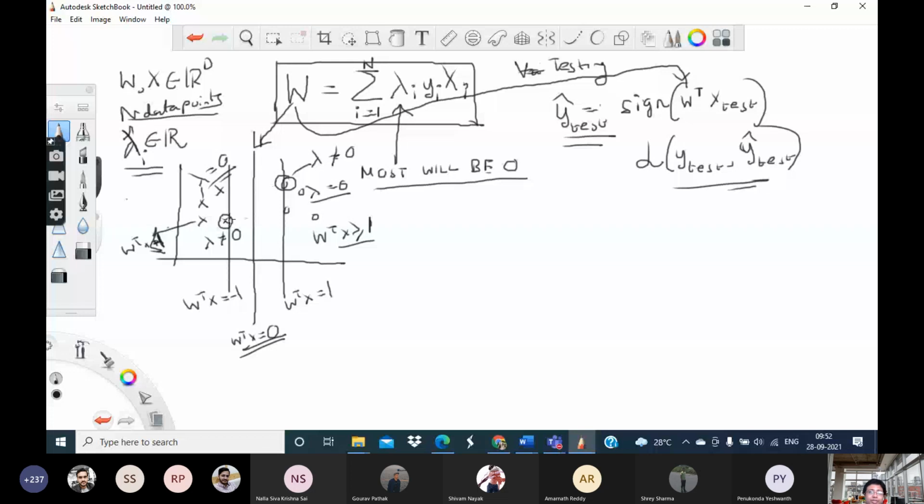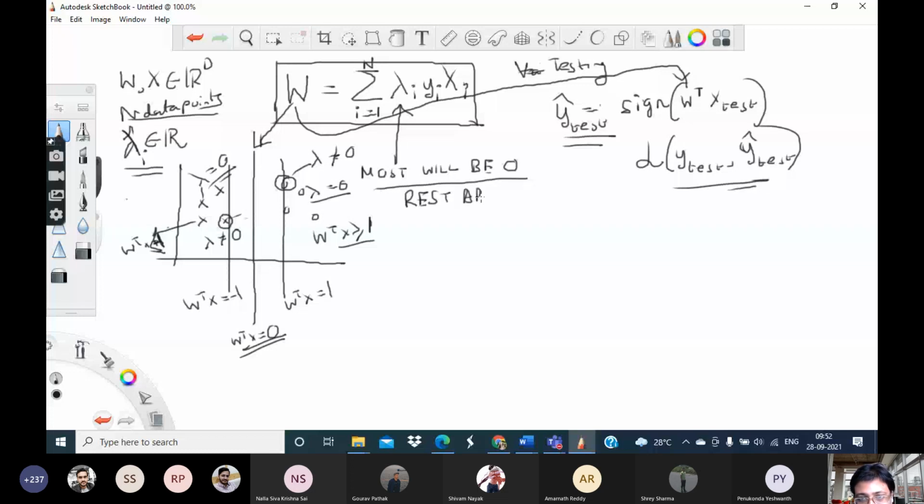Why? Because these are the critical points. The success of our algorithm depends on correctly classifying these points. These points, this one, this one, this one, which lie away from the margin, are going to be correctly classified anyway. I do not have to worry about them. My worry is with these marginal points. So when I choose the W, it turns out that it is really these points which dictate what my W is going to be. Correct? So these points are my support vectors.